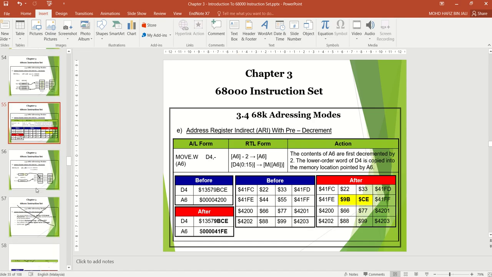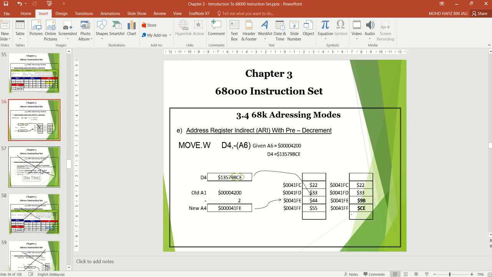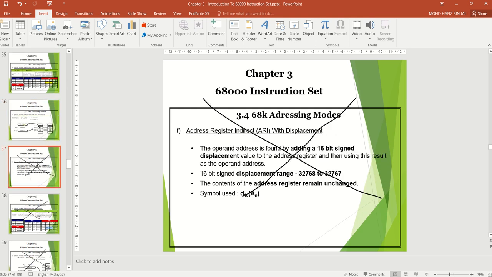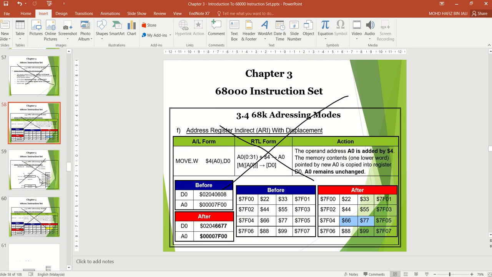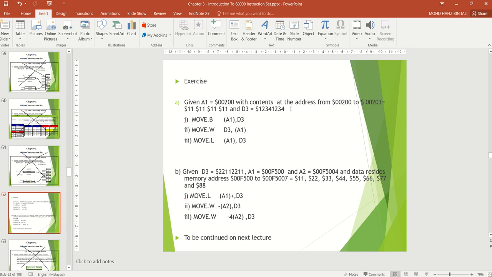Okay, let's move to the next slide. So with displacement, we will not cover this one. Okay, you have to try this exercise to test your understanding.